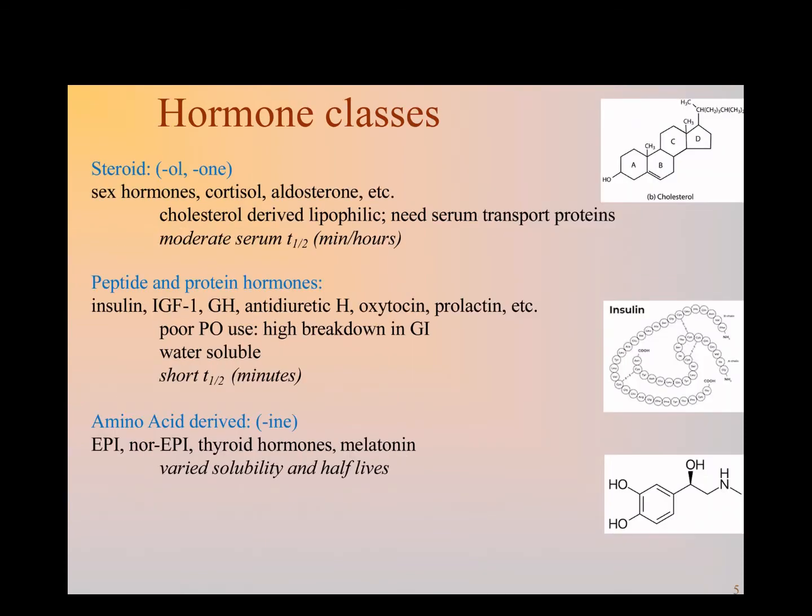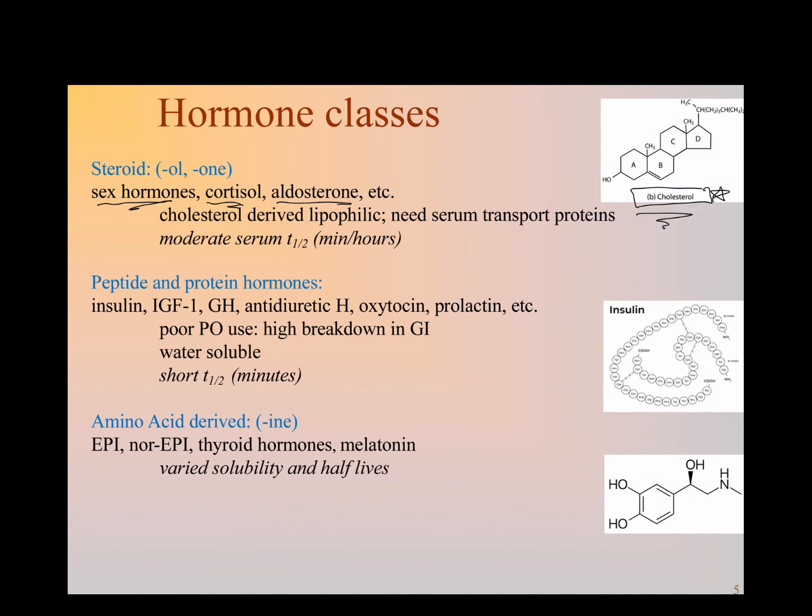So the first thing to think about when you're looking at the different kinds of hormones is that there are three major classes. We have steroid hormones, which are all based on a cholesterol backbone. These include the sex hormones, testosterone, progesterone, estrogen, dihydrotestosterone. They also include cortisol and aldosterone and some others. The fact that they're cholesterol derived means these are lipophilic, and because of that, as we said, they're going to require serum transport proteins. The binding to those serum transport proteins can be altered,